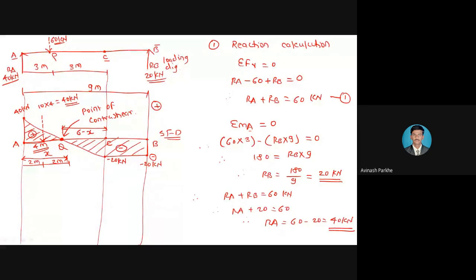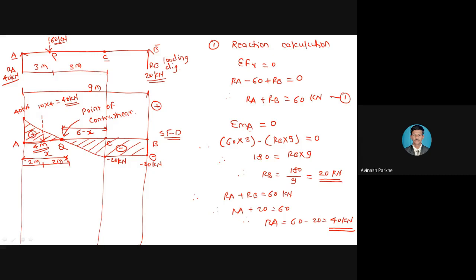म्हणजे त्या AQ वर पण तुमचा UDL ऍक्टिव्ह झालेला आहे. मग त्या 4 मीटरच्या UDL जर आपण पॉइंट लोड मध्ये कन्वर्ट केलं, लेंथ किती आहे, 4 मीटर, मॅग्निट्यूड किती आहे, 10 into 4, 40 kilonewton. जसं 6 मीटर मध्ये 3 मीटर इकडच्या बाजूने 3 मीटरच्या इकडच्या बाजूने ऍक्ट झाला, तसंच ह्या AQ डिस्टन्स मध्ये 4 मीटर इज द टोटल स्पॅन, 2 meter from the point A and 2 meter from the point Q. That means the 2 point loads are present to the left side of the Q.